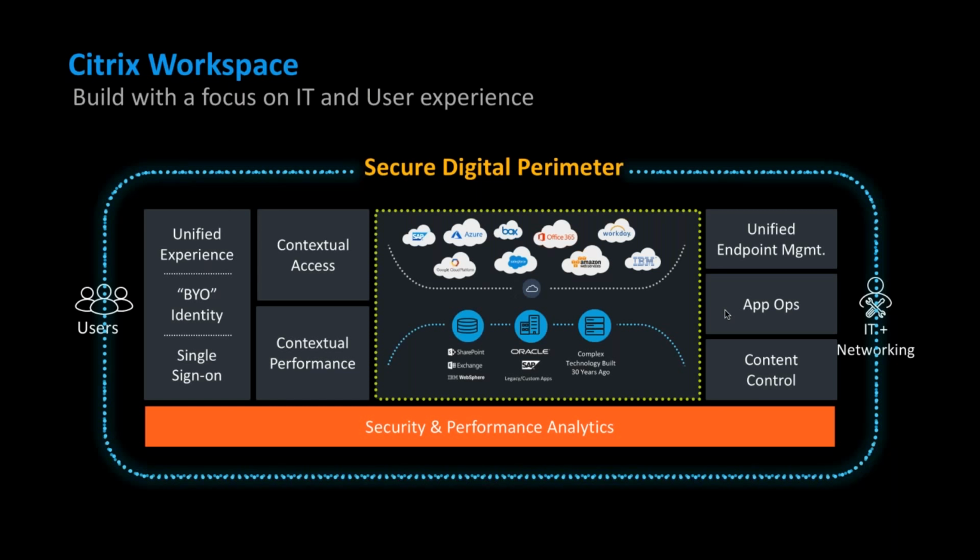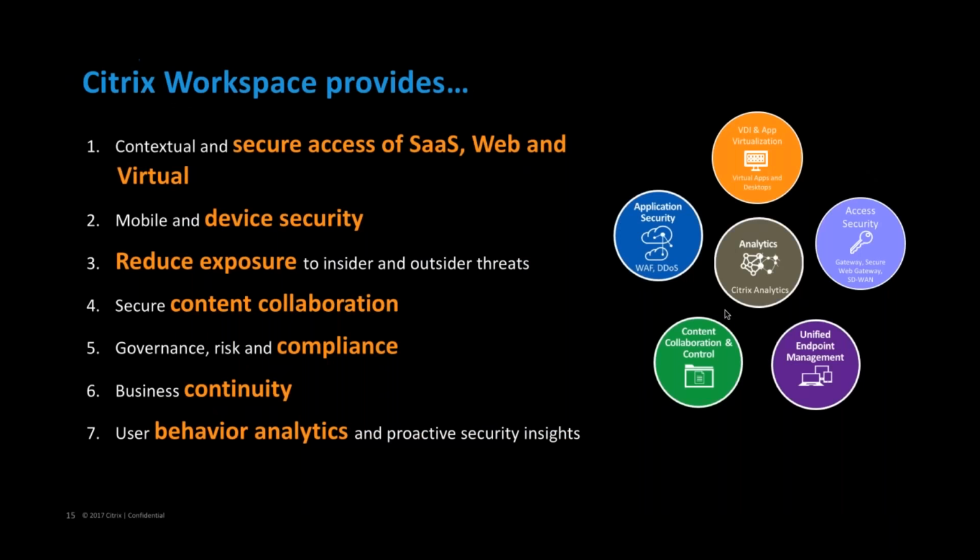We know that complexity is really hard to tame, but it's also where we can help. Really helping organizations deal with all these complexities and pulling it together in a way that creates the new software defined perimeter, and also enables easy access for people wherever they are around the world, whatever device they come in, to give them contextual access to the apps, information and resources they need. So with Citrix Workspace, as I mentioned earlier, we provide contextual and secure access to